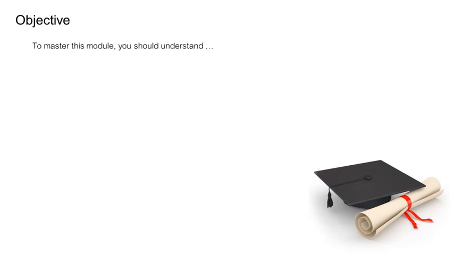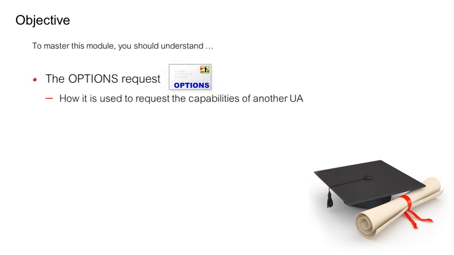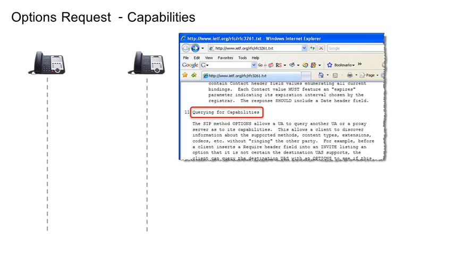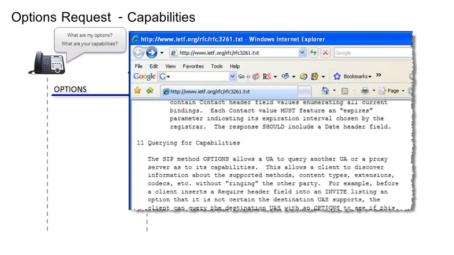In fact, by the time we're done, you'll be familiar with the request and how it's used to request the capabilities of another user agent. Now, RFC 3261 describes how the OPTIONS method allows one user agent to query the capabilities of another. It allows a phone to find out what methods, content types, extensions and codecs the other supports before offering a